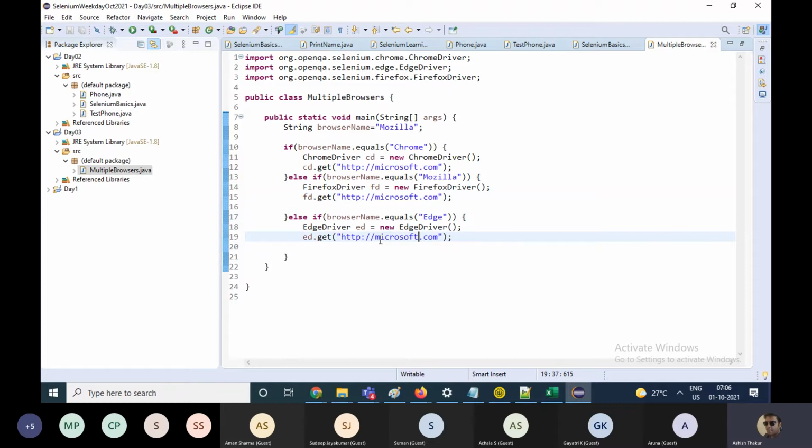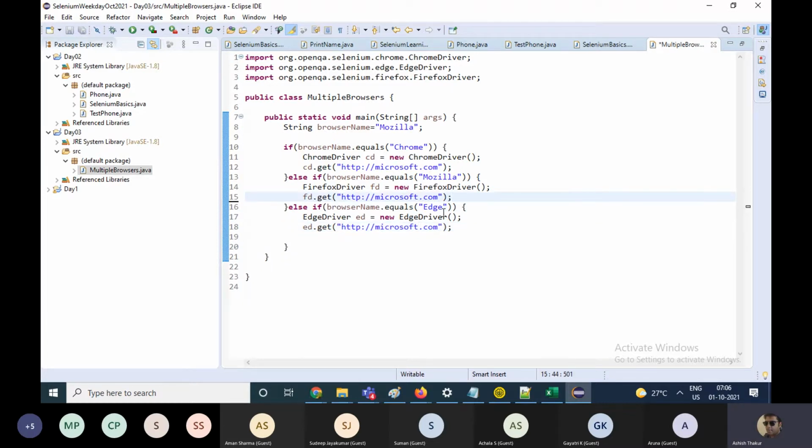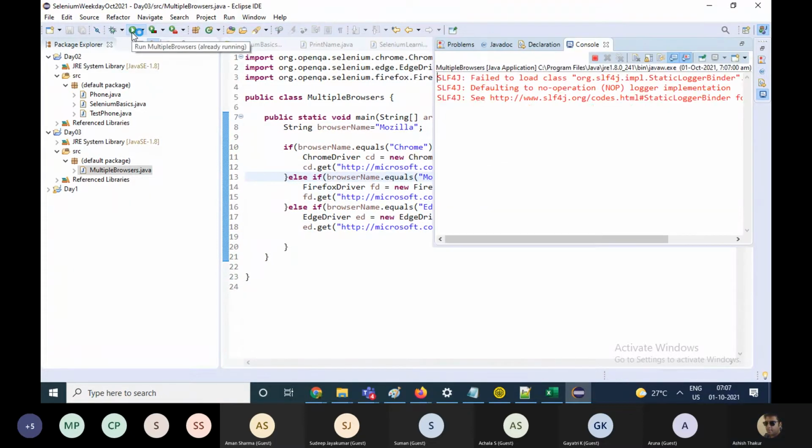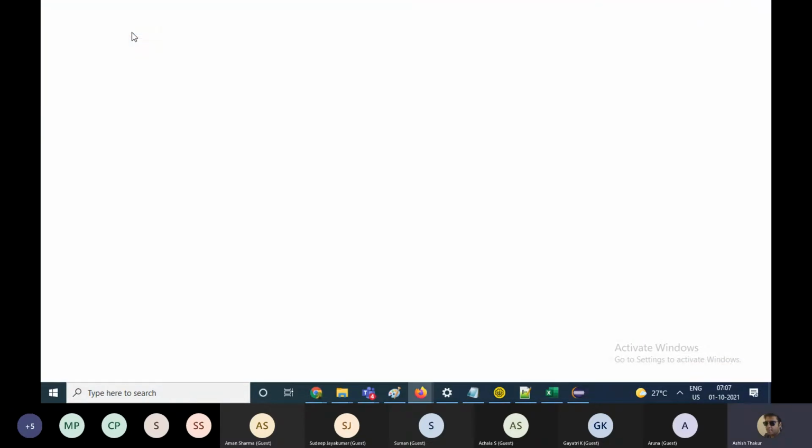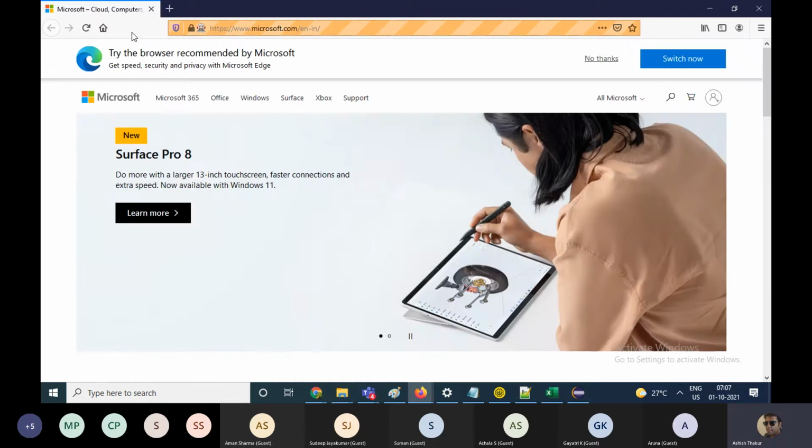Of course, this will work, but is this the right solution? If I have my browser as Mozilla and I run this code, it is going to launch Firefox and take Firefox to the Microsoft website for sure.